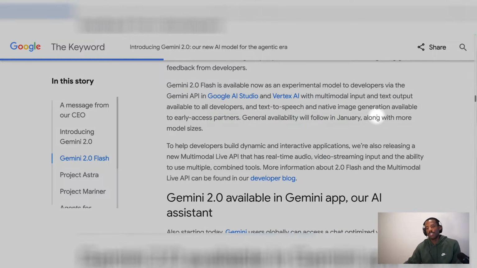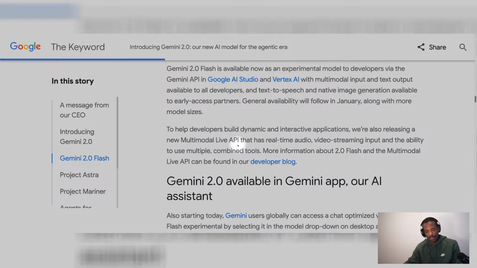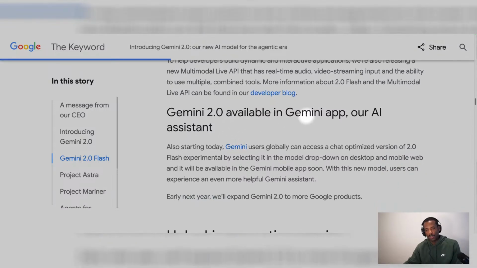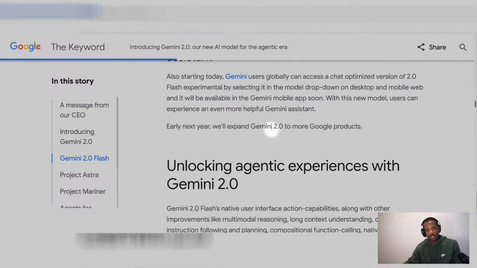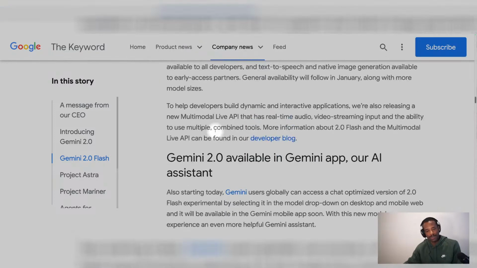Generally available will follow in January along with other model sizes. To help developers build dynamic and interactive applications, we are also releasing a new multi-modal live API that has real-time audio and video streaming input and the ability to use multiple combined tools. More information about 2.0 Flash and the multi-modal live API can be found on our developer blog. Gemini 2.0 is available in the Gemini app, our AI assistant. Also starting today, Gemini users globally can access a chat-optimized version of 2.0 Flash Experimental by selecting it in the model drop-down on desktop and mobile web, and it will be available in the Gemini mobile app soon. With this new model, users can experience the even more helpful Gemini assistant. Earlier next year, we expand Gemini 2.0 to more Google products, unlocking agentic experiences with